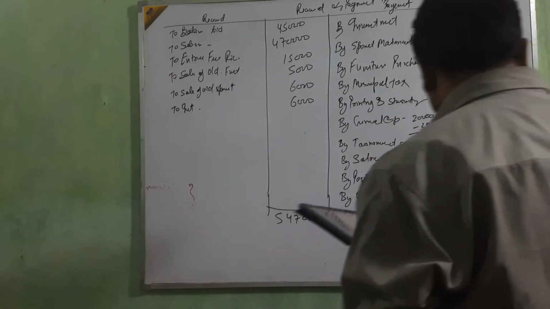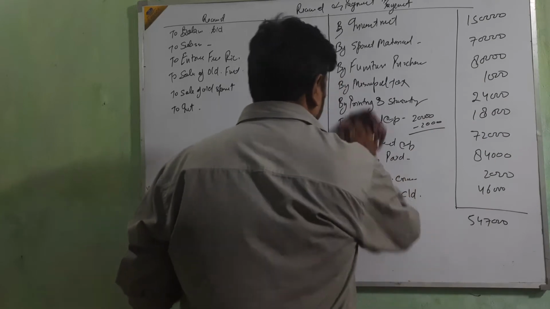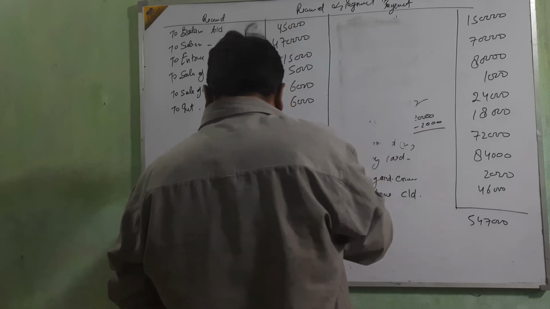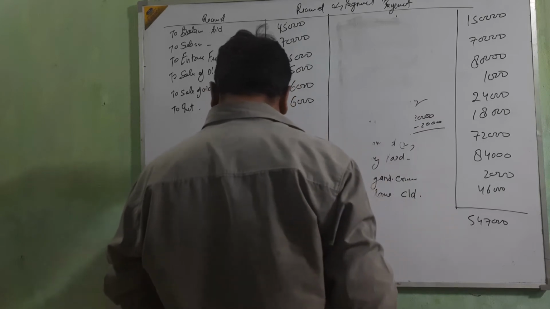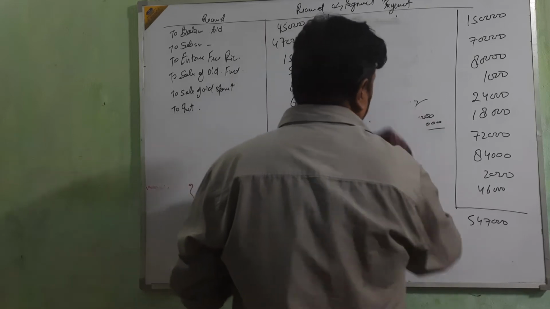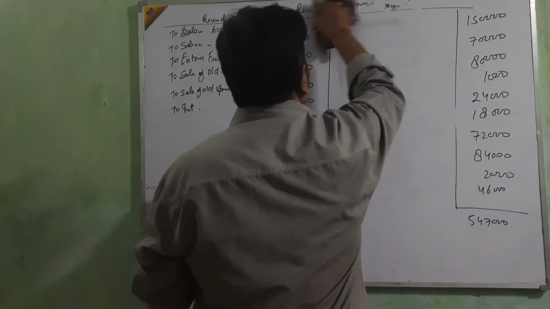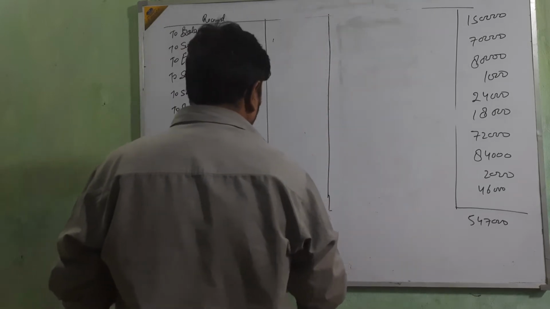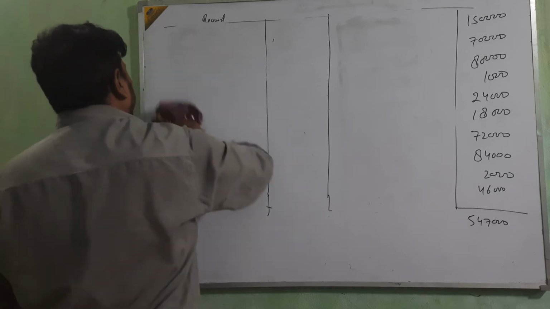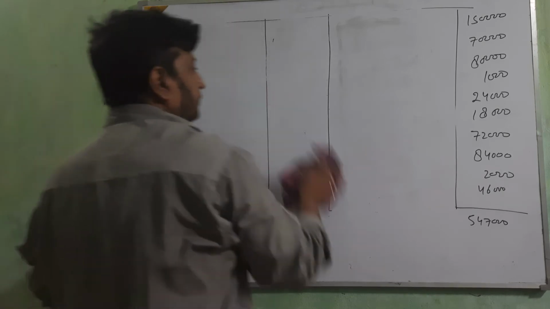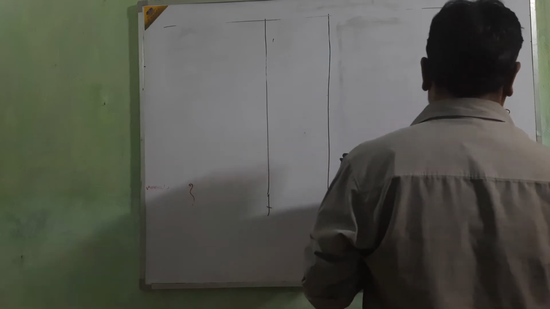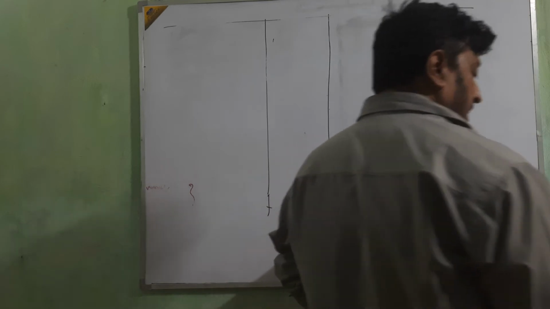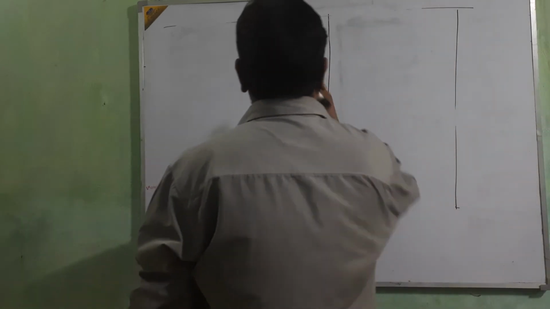Now I am going to the next topic, the income and expenditure account, and that is question number 2. Here they are saying to make the income and expenditure account with this detail. Here the receipts and payment account is given. From this receipts and payment account we are going to make the income and expenditure account. Okay? I think the rules for making the income and expenditure account from the receipts and payment account will be clear.